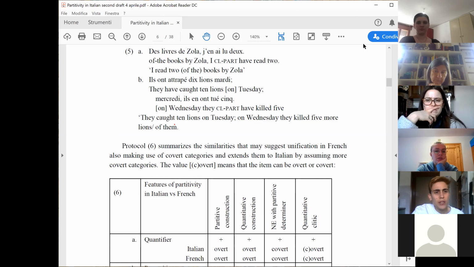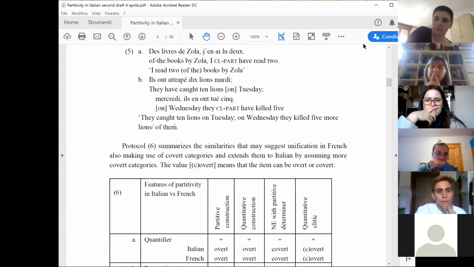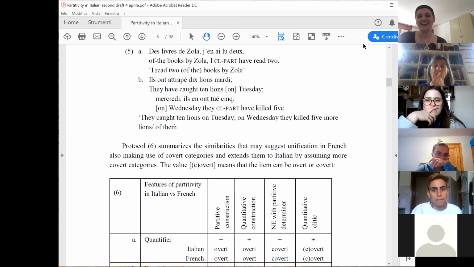It's still ambiguous in Italian. What do the others think? Julia, you are German, right? You speak German? What is your feeling about these examples, and when you think of what they mean in German, how would you translate 5b?